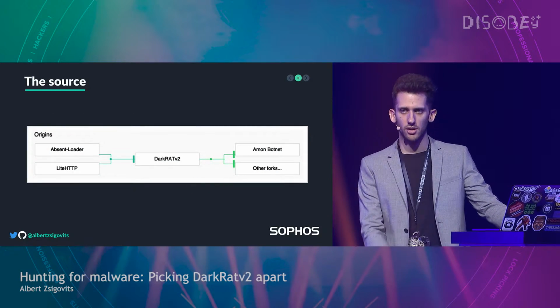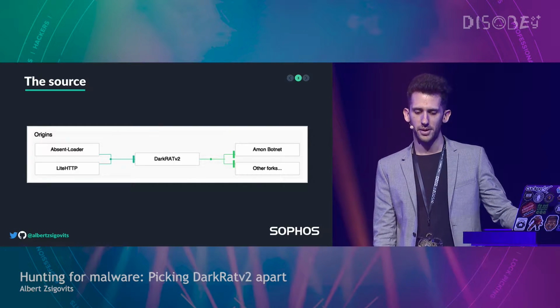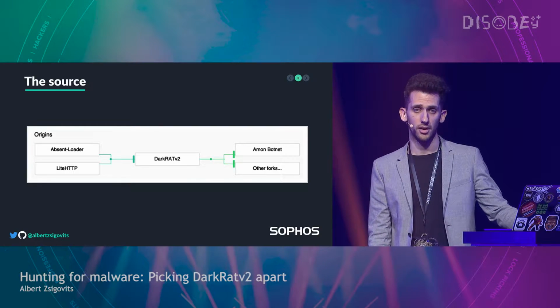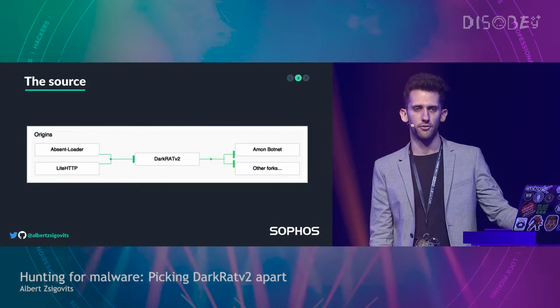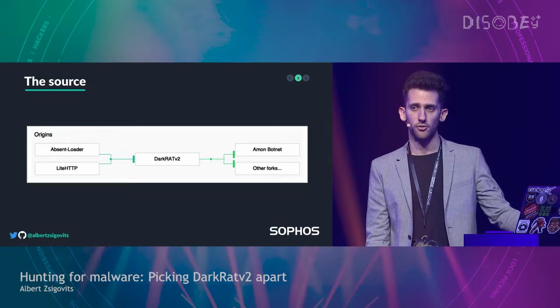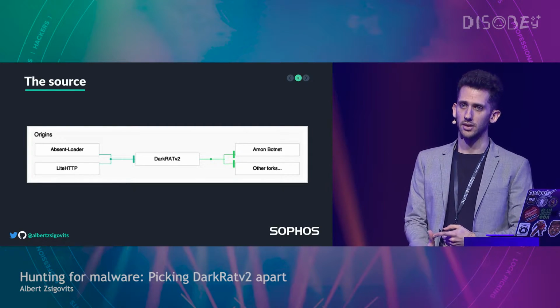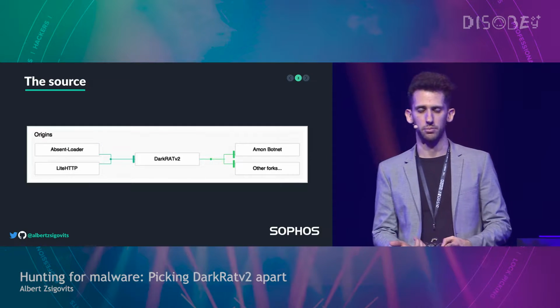So let's talk about the origins and the source of the malware. Basically, when I first encountered this malware, I tried to ascertain where it's coming from. And what I gathered is it's mostly some joint work from previous malwares. For example, it was the Absent Loader and the LightHTTP.